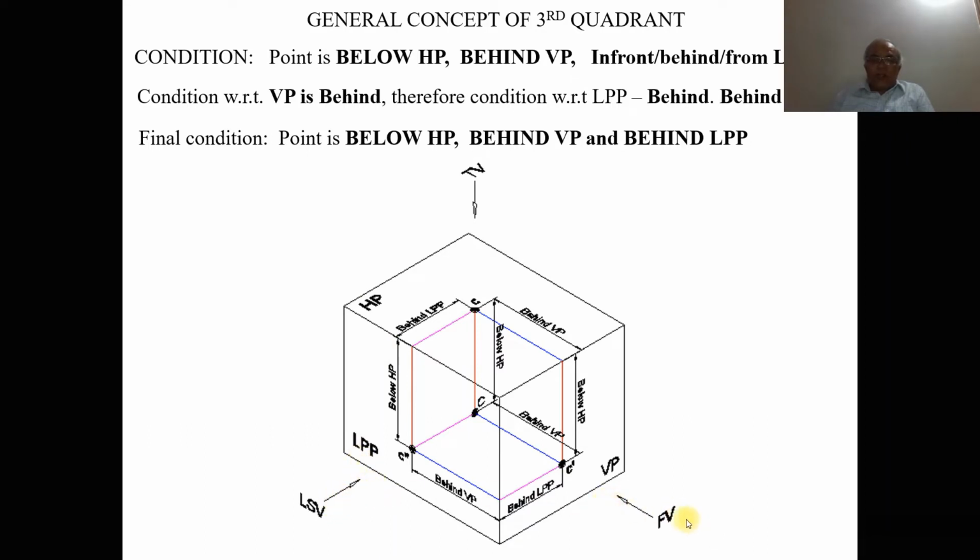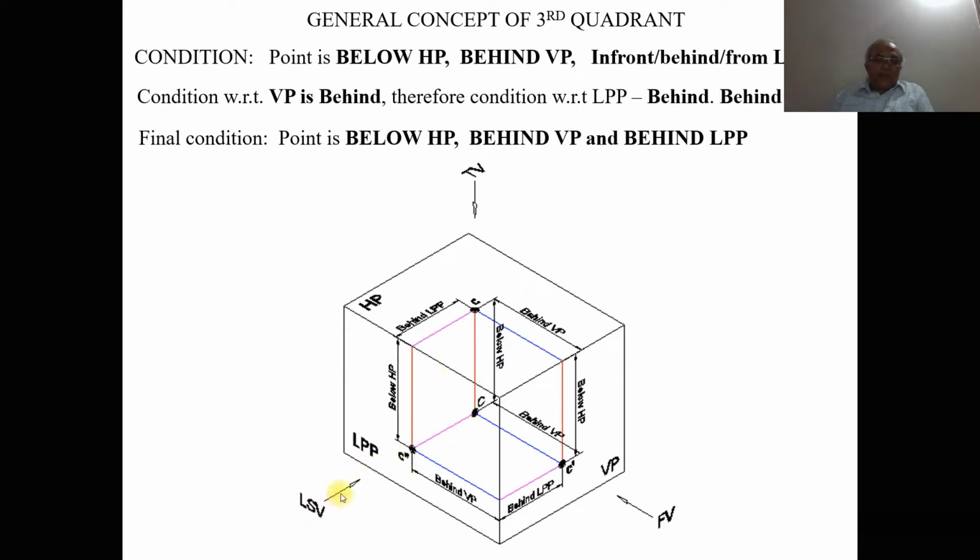To do that, if you look from the front view, we have the condition of the observer. When the observer looks from the front view, the plane is between the object and the observer. Similarly, when the observer looks from the top view, the plane is between the object and the observer. So you should always satisfy the condition of the front view. Suppose you look from the right side view, the object is between the plane and the observer. But when you look from the left side view, again the plane is between the object and the observer.